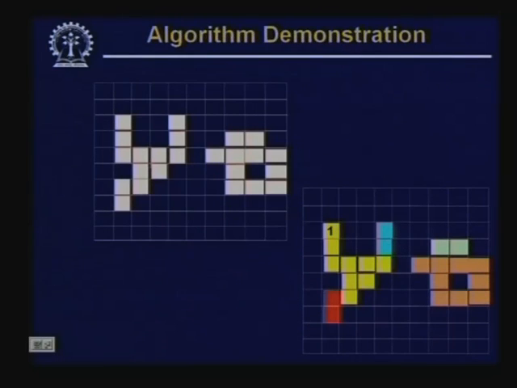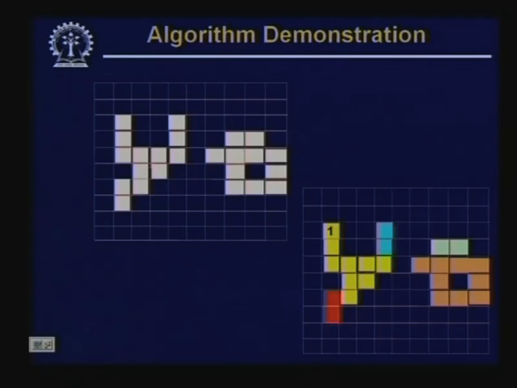So, now let us see how the algorithm works. In this case we have shown two different regions of connected pixels. The pixels belonging to a particular object are marked with color white, and the pixels belonging to the background are marked with color black. Now, I scan this particular binary image from left to right and from top to bottom, and I